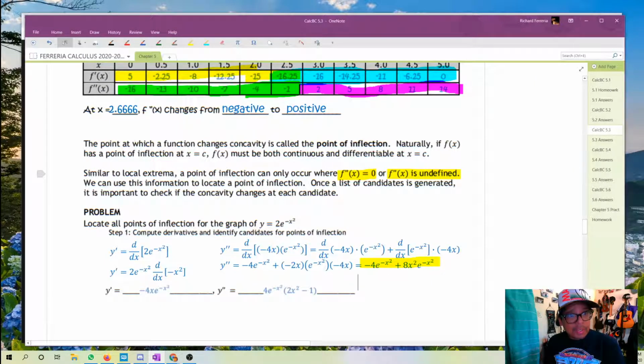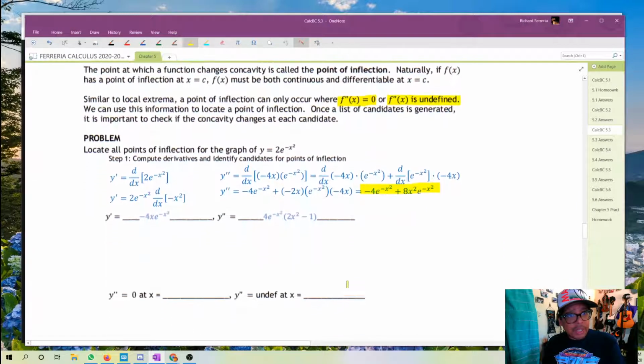which is, well, what is that? That's 4e to the negative x squared multiplied by 2x squared minus 1. So that's, well, welcome to derivatives. That's quite a review. And like we stated before, in order to find those points of inflection, we're going to